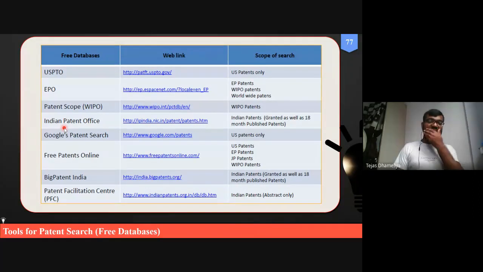Similarly, these are the several free databases that are useful to do the patent search. You don't have to pay a single rupee to do this.